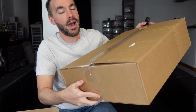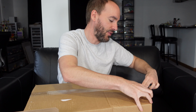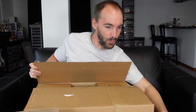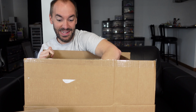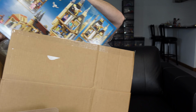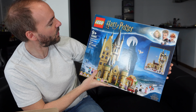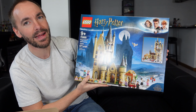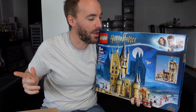But we got a box here, and as you can expect, because of everything that I've said thus far, you can probably imagine what's inside of it, at least hopefully, because I've got a couple boxes here that I need to share with you guys. I'm hoping this is the one that I meant to pick, and it is, and it's a big set, boys. As we attempt to show it to you, it's this one right here. This is 75969 Hogwarts Astronomy Tower, 971 pieces,